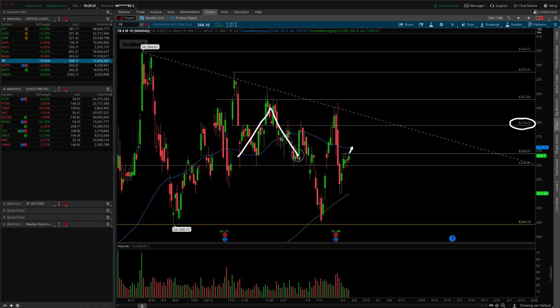Remember that we've been doing this in Facebook, kind of playing around here. This was a massive break before earnings, then it sent us right back up after earnings. So I would say probably looking at no more than 278.82. Resistance trend line will be there as well. Depending on time of week, we saw a compression of range this past week, so not looking for anything crazy